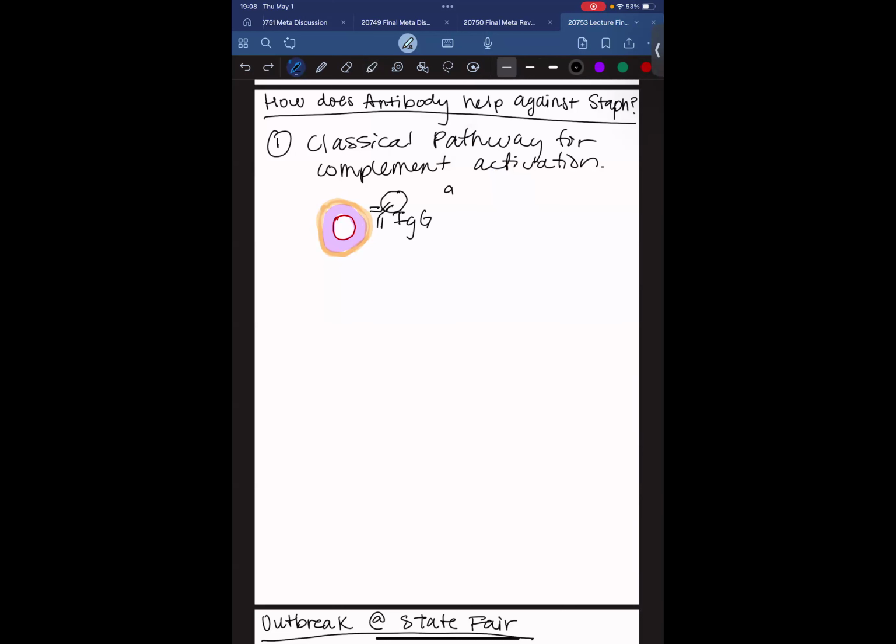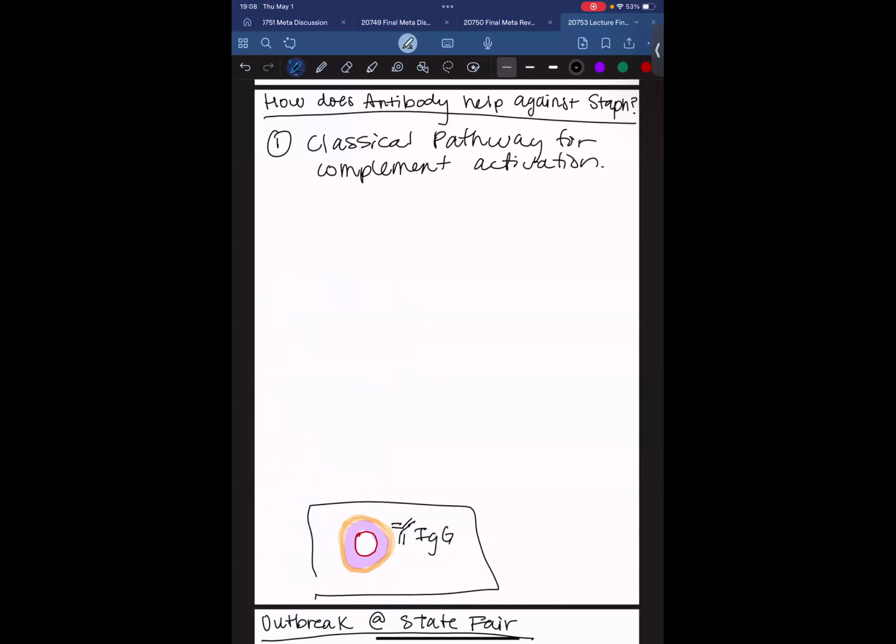If we're talking about this in the sense of complement though, this will act in a couple of ways. So this is what's going on with our cells. I'm going to bring this out to the side because I want to come back to this in a little bit and how our antibody is going to be worked on. So I'm putting this down here for reference. This is where our antibody is kind of doing its work. So when it activates complement,